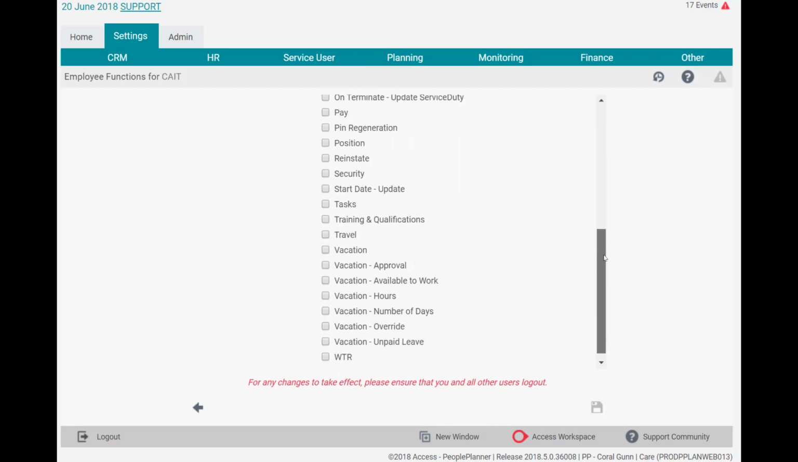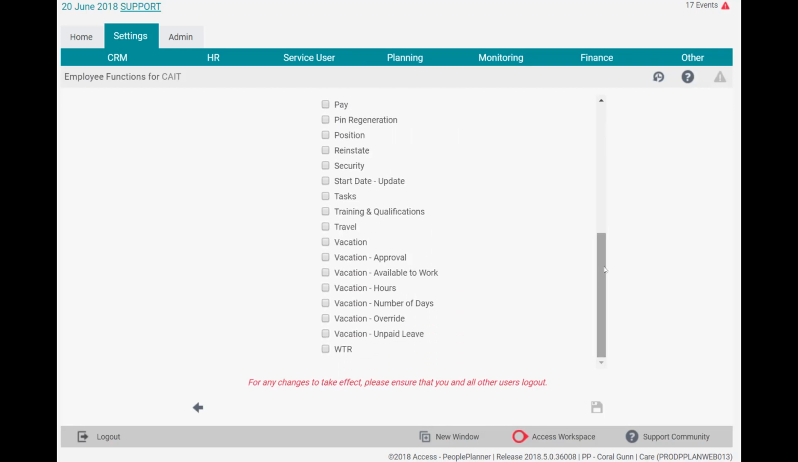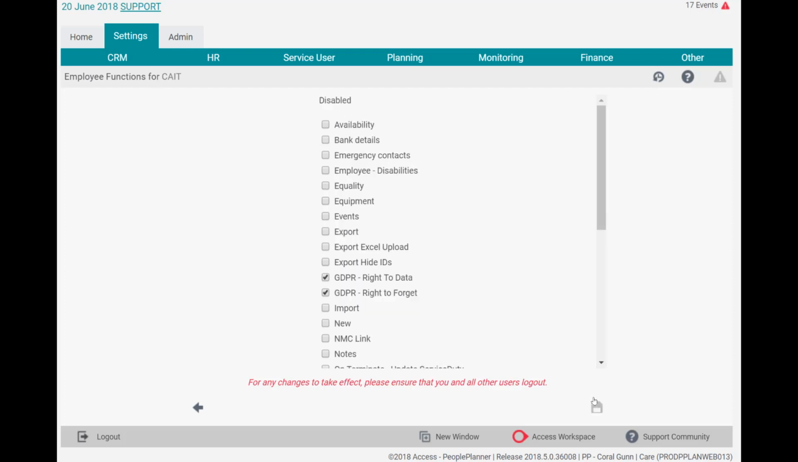Scrolling down through this list, you will be able to see a list of areas which can be disabled or enabled against specific users. If you would like to restrict a user from editing the employee's start date, in this area you will select Start Date Update and click the Save option. What this will ensure is when that user logs on, they will not be able to edit the employee's start